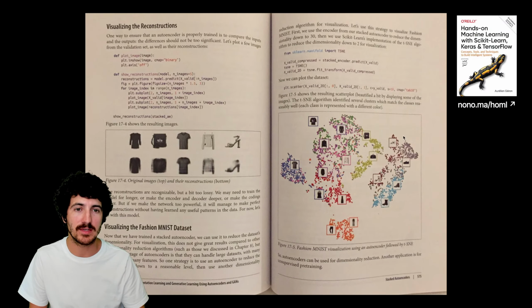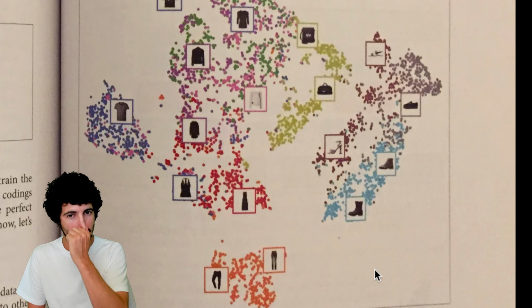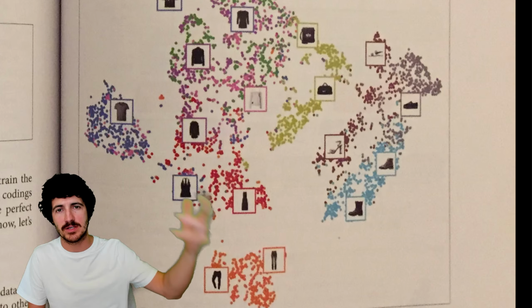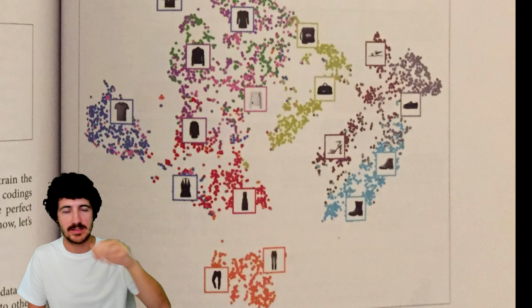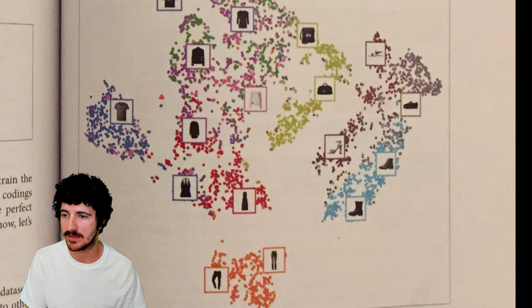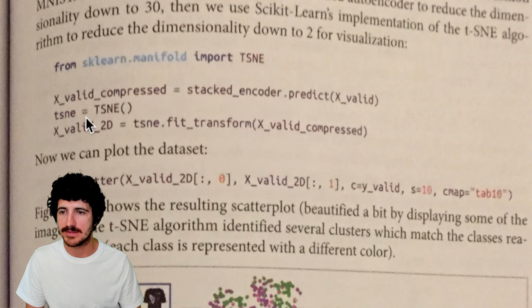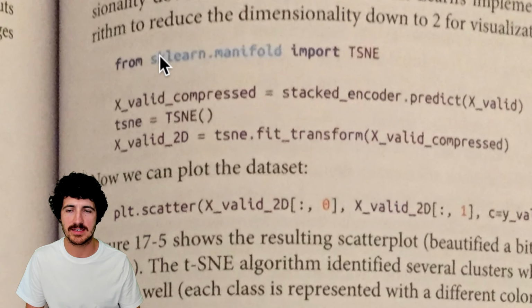And what we want to see today is this part here. This is what we would imagine that we can obtain. This is t-SNE flattening a highly dimensional space. We have 30 digits, or 30 codings of 30 digits, I think, on the network that we coded back in previous live streams. And with this library, the t-SNE library from scikit-learn manifold import t-SNE,